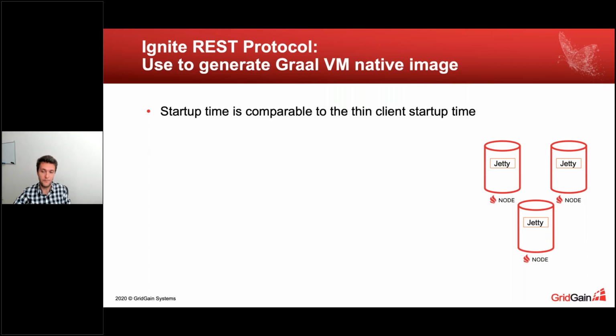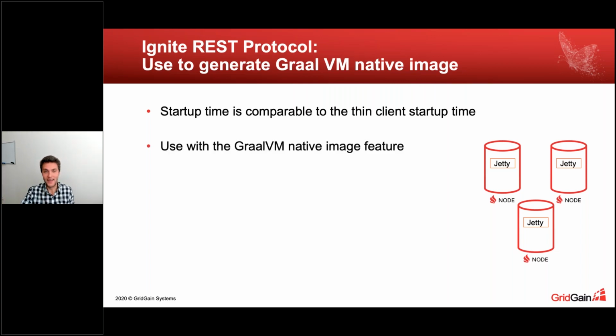what you see on this picture, every server node of Ignite, when you enable this protocol, will deploy an instance of a Jetty server. And whenever you are trying to execute a cache get request or SQL operation using this protocol, Ignite will just be opening an HTTP connection. Your serverless function will be opening an HTTP connection with one of the Jetty servers running on one of these nodes. And again, as it says in the title, just consider this option if you need to generate a GraalVM